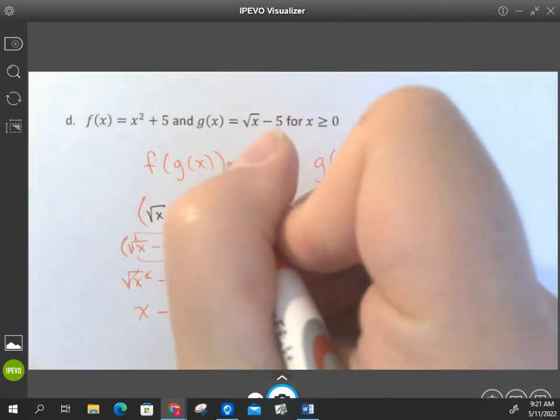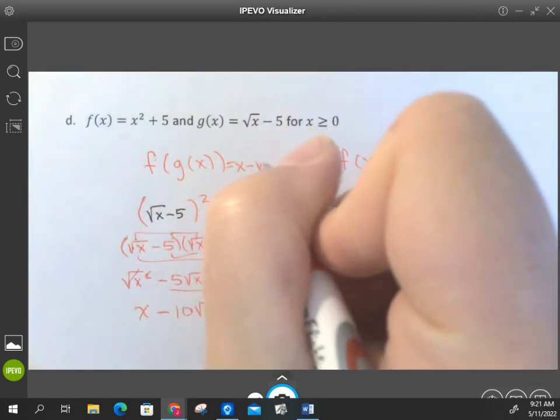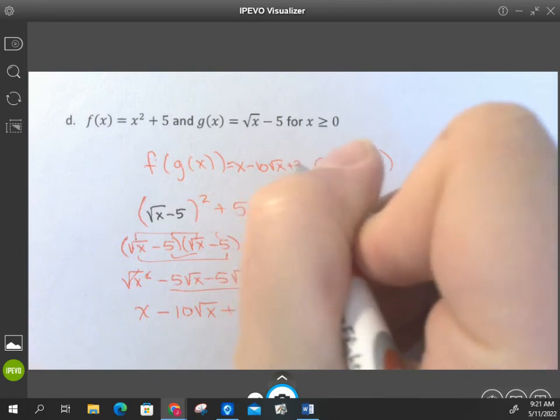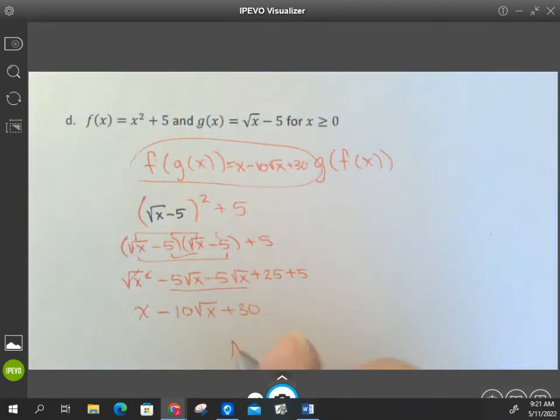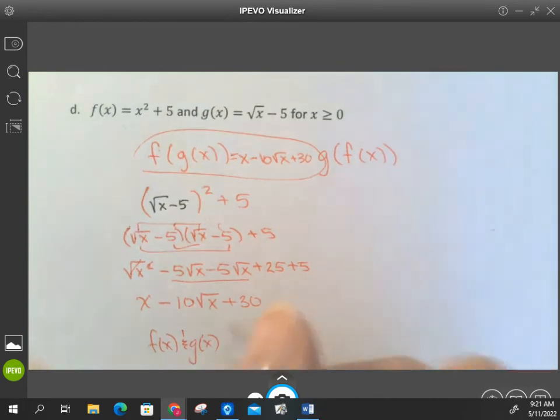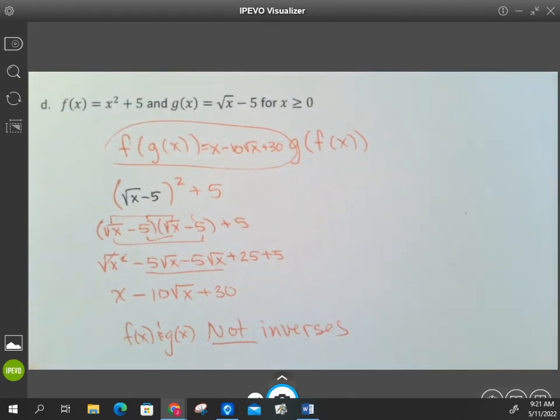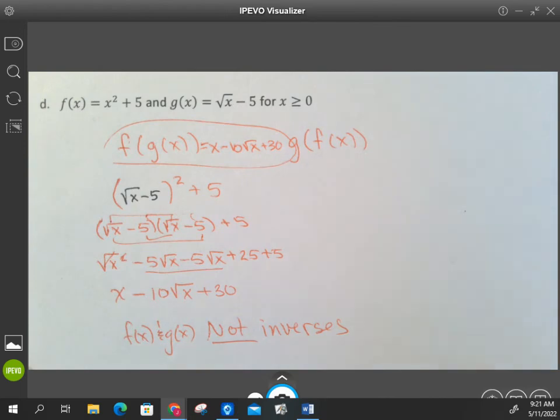So f of g of x is x minus 10 square root of x plus 30. And that did not cancel out and leave me just x. So I can tell you right now, f of x and g of x are not inverses. All right. So I would pretty much be done. I don't have to go further, but because we're doing this as a lesson, I'm going to go ahead and